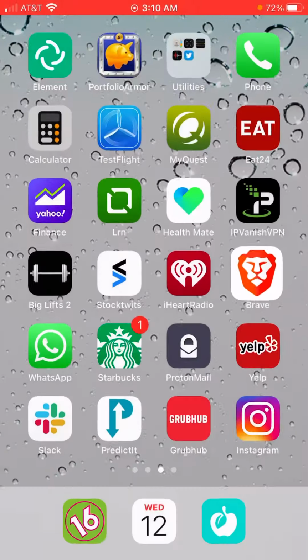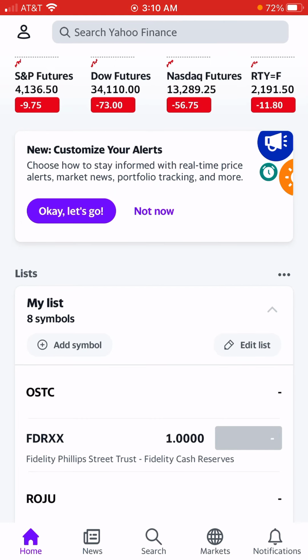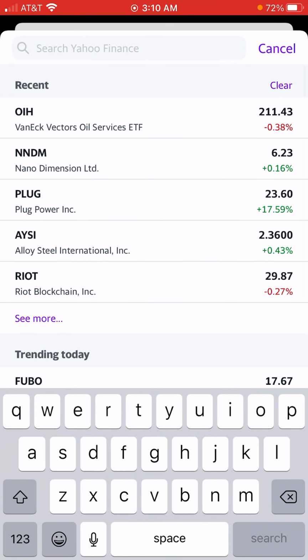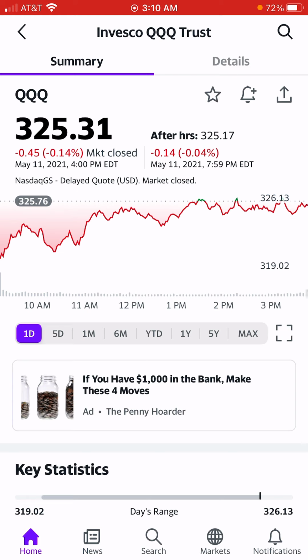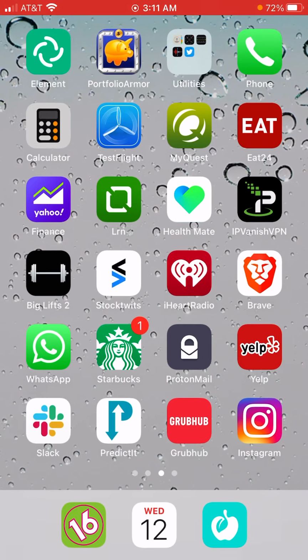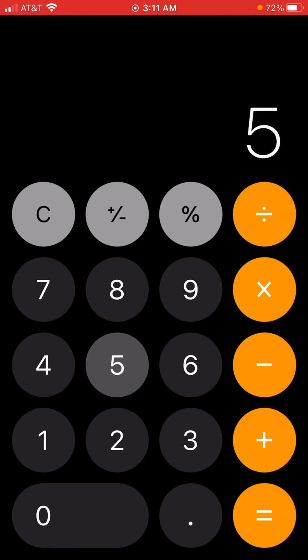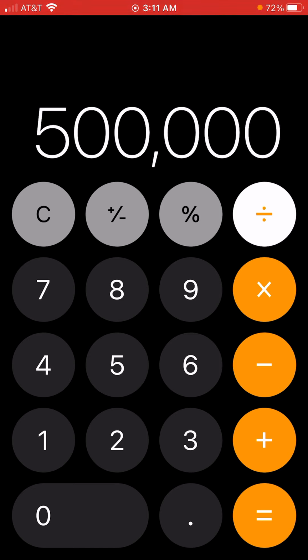The first thing we'll do here is pull up the current price of the QQQ ETF, which tracks the Nasdaq 100, and that's $325.31 as of Tuesday's close. Now, let's say you have a portfolio which is worth $500,000. So what you can do here is divide $500,000 by the current share price of the Nasdaq tracking QQQ ETF,